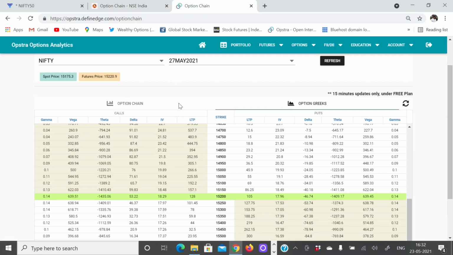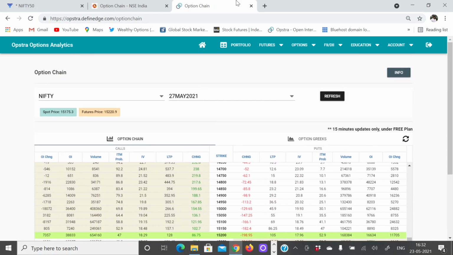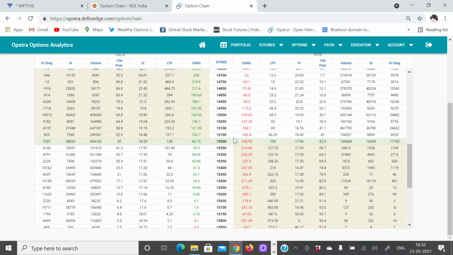So this is how it looks. I'm just logged into Opstra. You can just search for Opstra and find the Opstra option chain. Again, I'm selecting an FT and May month contract. Here you can see the same information: 15,200 strike price, LTP, change in price, and all that. In addition to this,